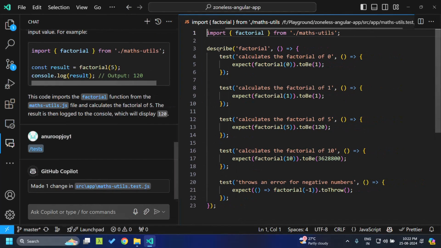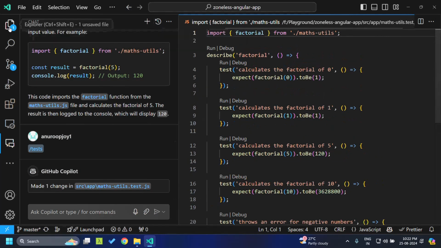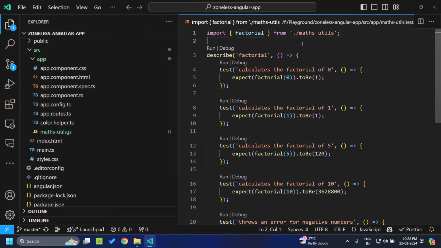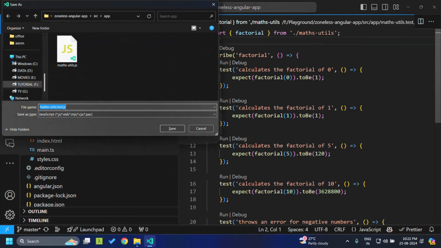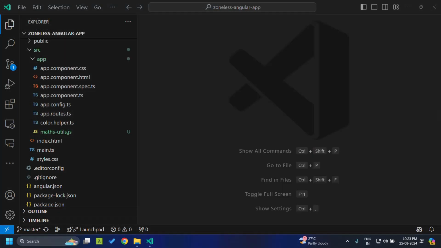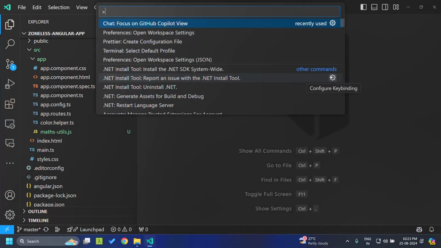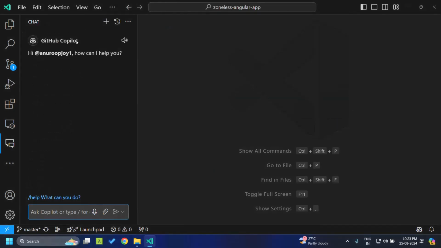So now it basically creates a new file which you can save within your workspace. Now let's take a look at the chat extension that is available in Copilot. To go to the chat, you can select the option Focus on Copilot view. Immediately it comes to the chat view, and here you have some additional options to the ones you already saw